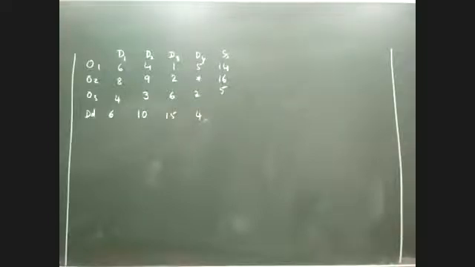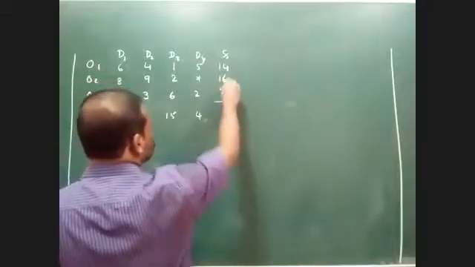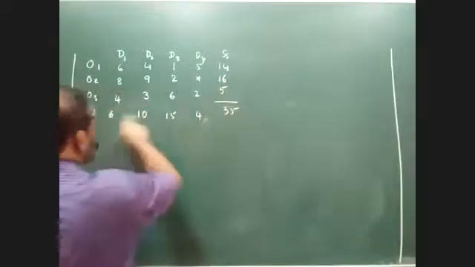So far, we have only understood how to solve the balanced problem. Once we are comfortable with the balanced problem, then we shall proceed with the unbalanced problem. Now, as far as this question is concerned, can you please tell me whether it is a balanced problem or unbalanced problem? It's a balanced problem because you can see that the total supply is 35 and the total demand also comes to 30.